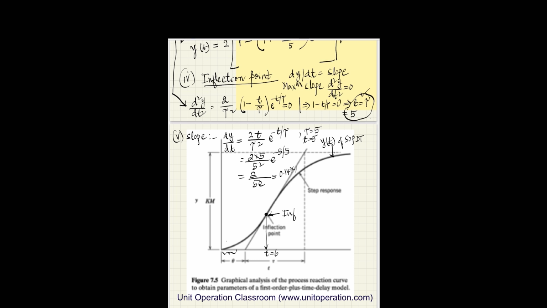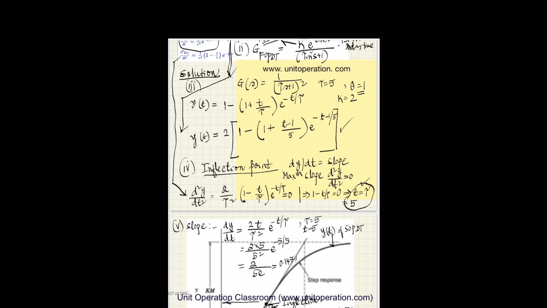And here the value of the slope is equal to 0.1471. And what is the value of y, the functional value of y? We can substitute that in this equation here. So what we can get is